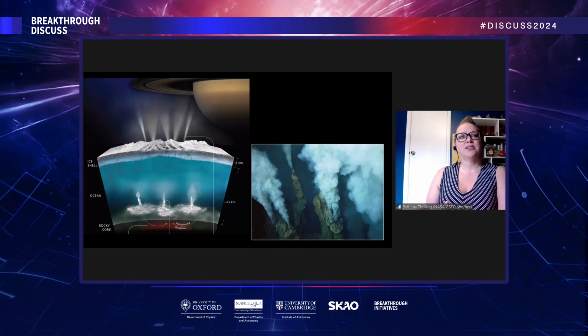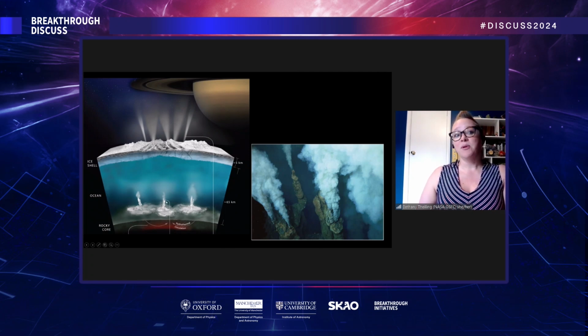And so from all this, we've been able to come up with this profile, this model of what the interior of Enceladus should look like. And you can see it has this ice shell. It's about 5 kilometers thick, give or take. There's a lot of work on estimating this, and people vary on how they have the thickness of these.